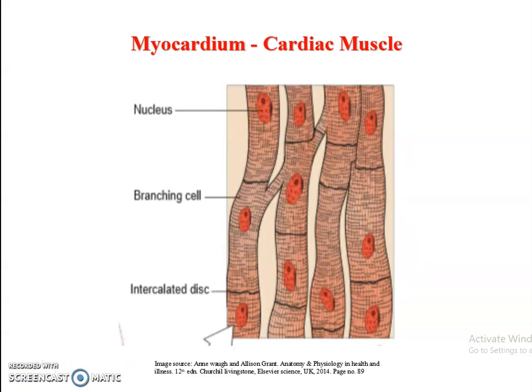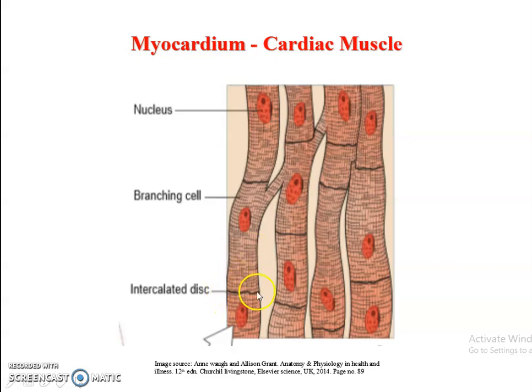You can see this type of muscle only in the wall of the heart. In any other organs of the human body you can't see this type of tissue. This is called the cardiac muscle. And there are important structural characteristics of this cardiac muscle. Here in this figure you can see it is uninucleated, and you can see the striations because of the contractile proteins that give a dark and light band appearance, and intercalated discs, the joints between the cardiac muscle cells.